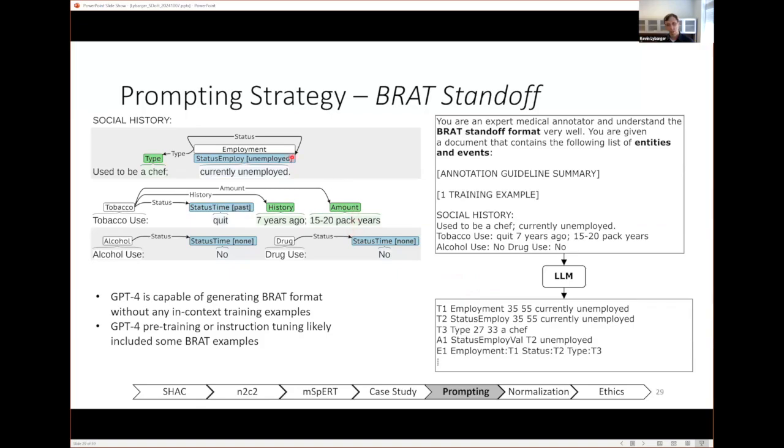So on the upper left-hand side is an example annotation from the SHAC corpus. And on the right-hand side is a representation of one of our approaches that we call the BRAT standoff approach. This annotation example is created using a tool called BRAT, which stands for BRAT Rapid Annotation Tool. So somehow the name is also an acronym. I'm not sure how that works out, but in this